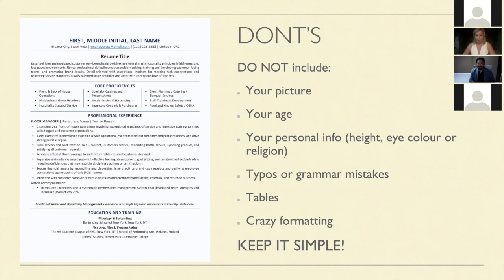The most important thing, don't make typos or grammar mistakes. In other words, do check your resume, do reread. Ask people to read it 5 times, 10 times. Remember, English is your second language. You may not catch something. Ask people for help. Treat this like